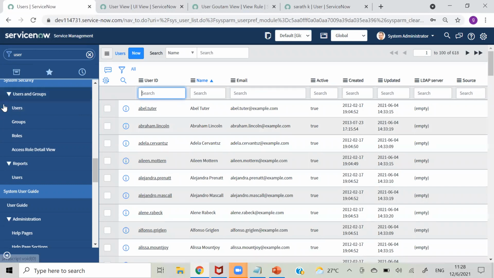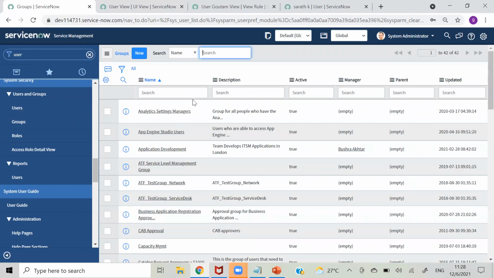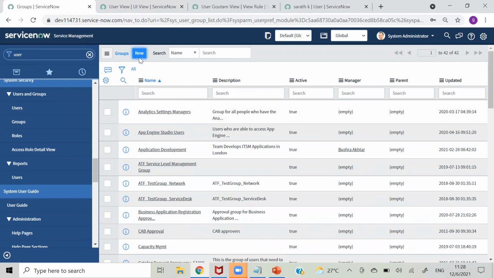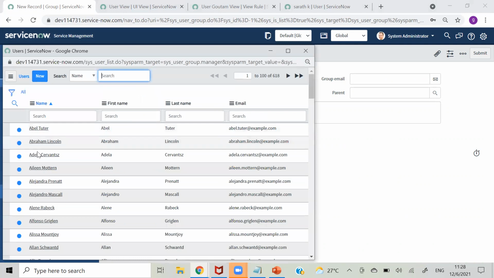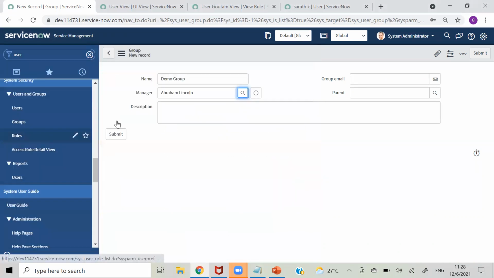Okay, then next we will have groups. If you want to create a group, just go to new and create some demo group. Every group has a manager, right? So I'm making Abraham Lincoln the manager here, and for this group I am giving demo group @servicenow.com.